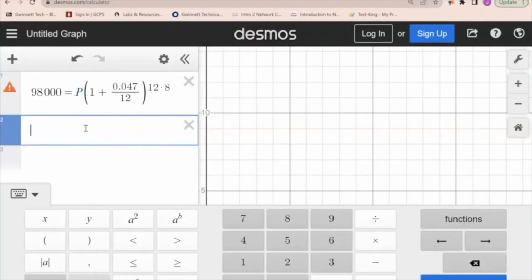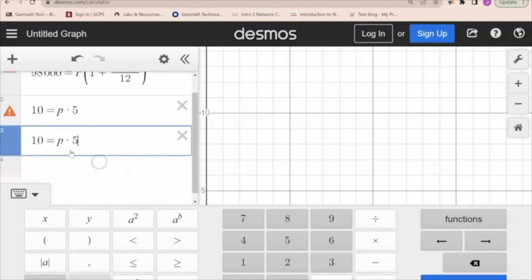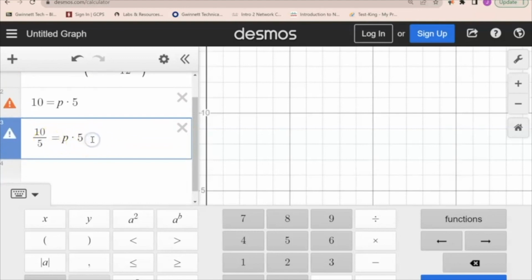Like, let's say, for example, I had 10 equals P times 5. And I asked you to solve for p. What would you do? You would divide both sides by 5. So you would say, and I'll just copy this line here so I can show you, this side divided by 5, and then this side